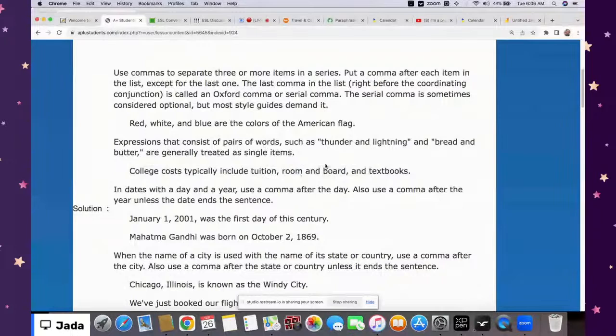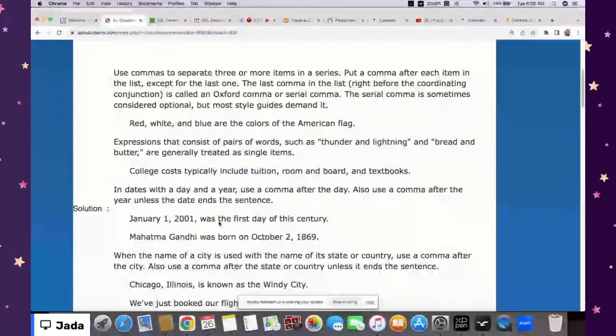It's like a pair. So you put a comma after, and then this is the conjunction "and" here. Then this is the last one. So you do not put a comma after the last. No, you do not put a comma there. You put a comma here before the last word. Okay, this comma here is the one that is called the Oxford comma or the serial comma. Okay,